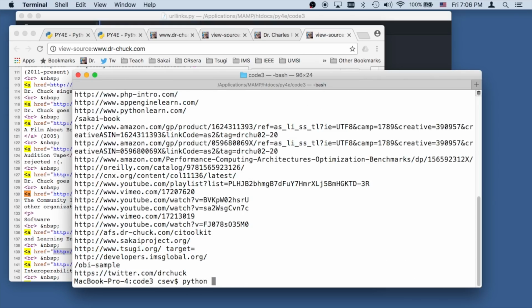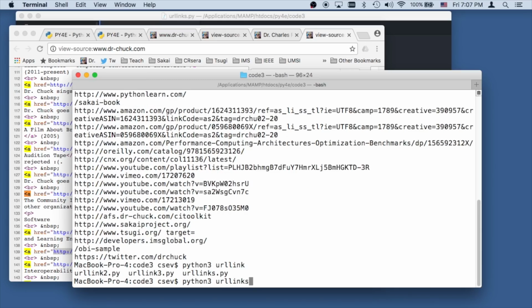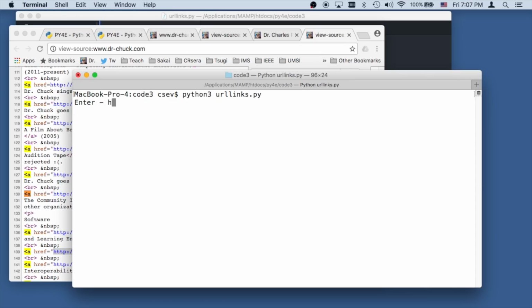If we do it, python3 urllinks.py and do the easy one, http://www.dr-chuck.com/page1.htm, we will only see one. And there we go. Now, the SSL is if you are looking at a page that has SSL,